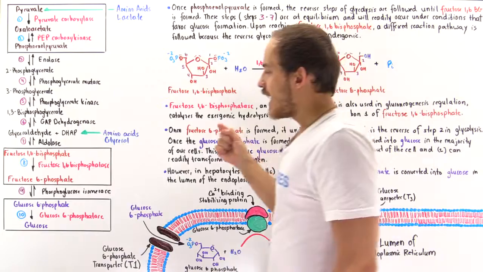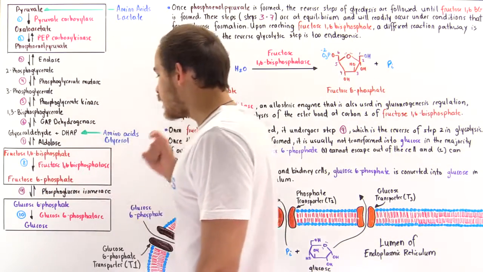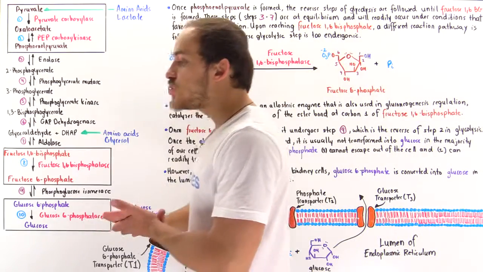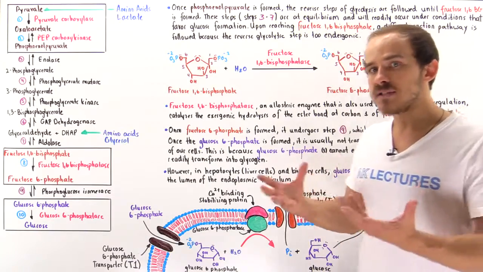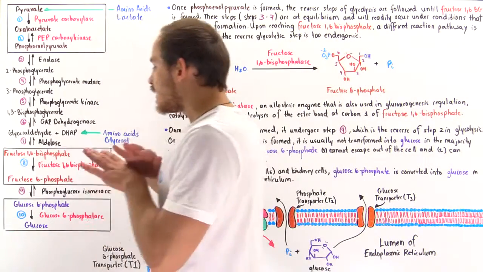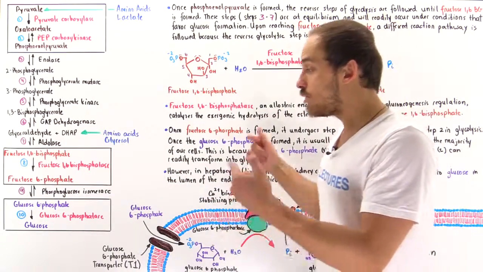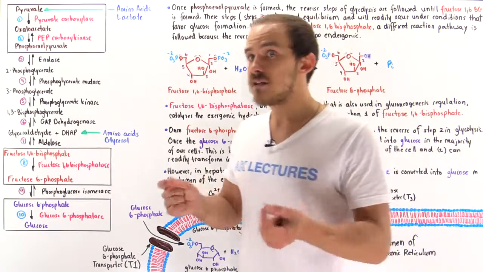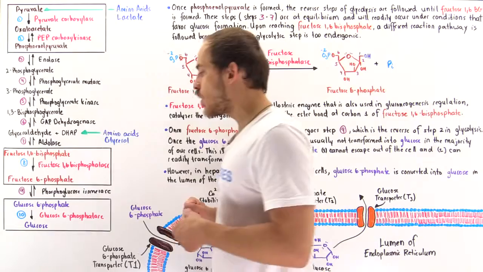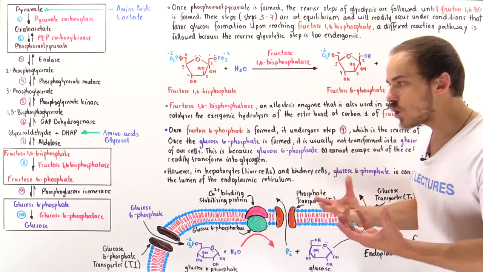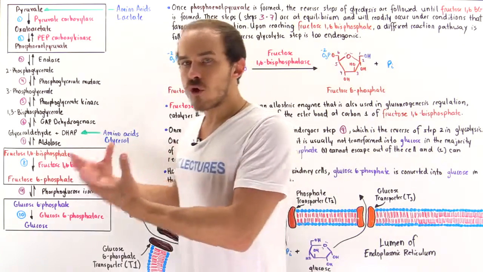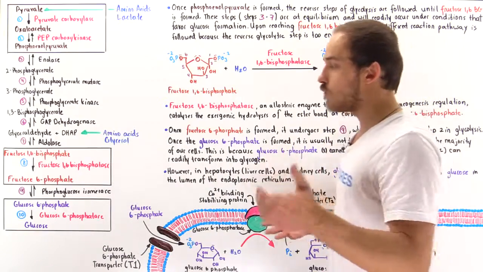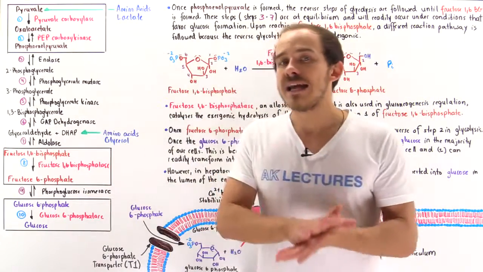in glycolysis. Now, once we form glucose 6-phosphate, what happens next basically depends on the type of cell that we're in. In the majority of the cells of our body, for instance, muscle cells, the glucose 6-phosphate basically stops here. It is not transformed further into glucose. And that's because in muscle cells, for example, in skeletal muscle cells, once we form the glucose 6-phosphate, we can now take that glucose 6-phosphate and either use it to form pyruvate molecules, and then use that to form energy, or more importantly, we can probably store it as glycogen